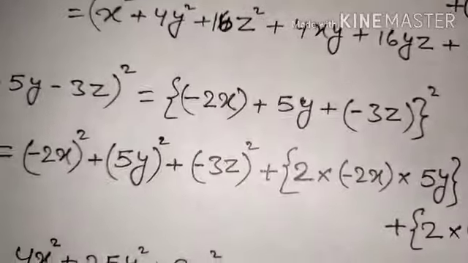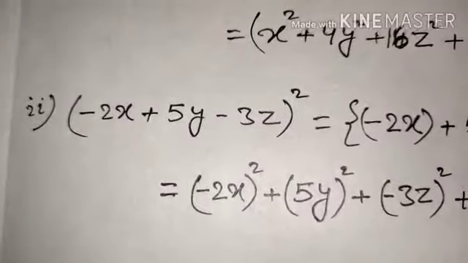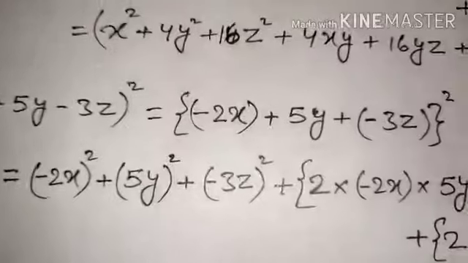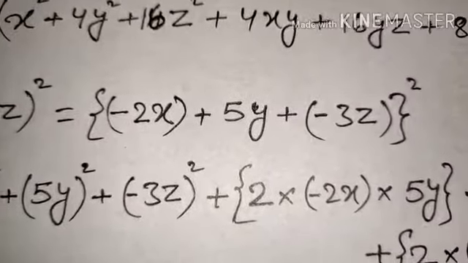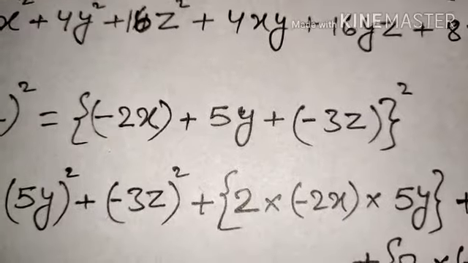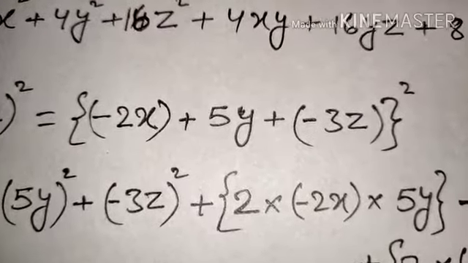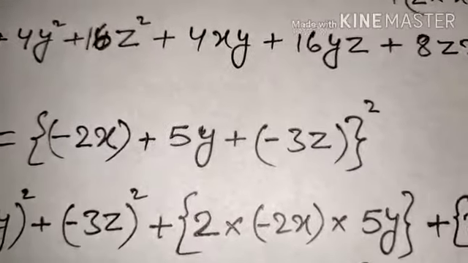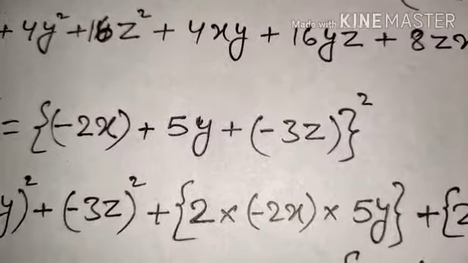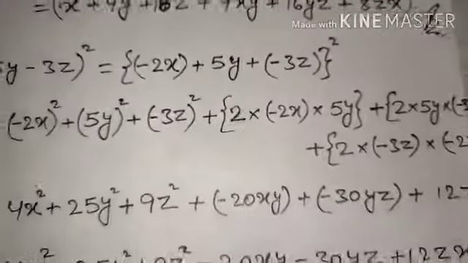And let us see its expansion. So first of all, I bring it into a proper form, that is, in a summation, a plus form, because we have the formula for that only. So simply put minus 2x under the bracket, that is, under bracket minus 2x plus 5y plus under bracket minus 3z, whole square. Finally, whole square will be there.